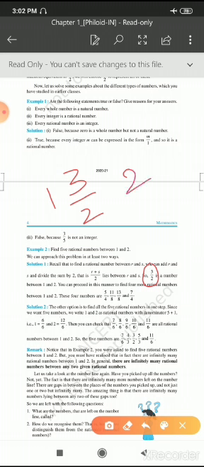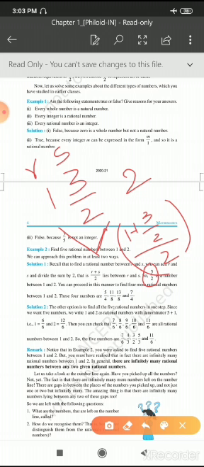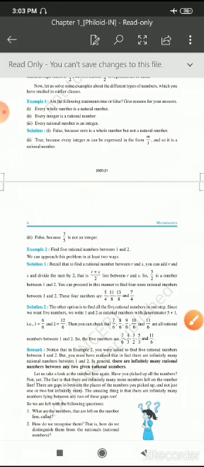So if you want to find another rational number between 1 and 3 by 2, what do we have to do? Here it will be R and it will be S. Again you have to apply the formula: (1 plus 3 by 2) divided by 2. If you solve, you will get 5 by 4. 5 by 4 is one rational number between 1 and 3 by 2. In the same way, you can find a rational number between 3 by 2 and 2 also.